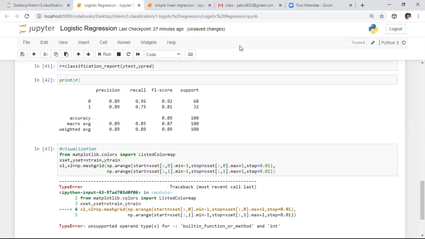Within that time I will type this entire code here, and in the next session I will explain this code to plot this graph. Got my point? So now I will end this session.